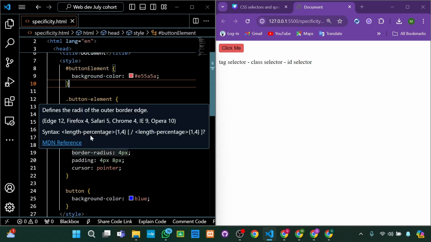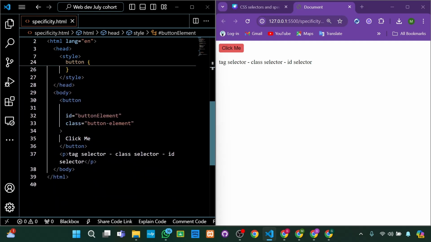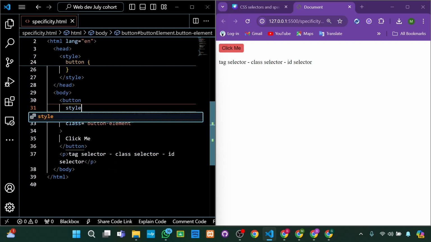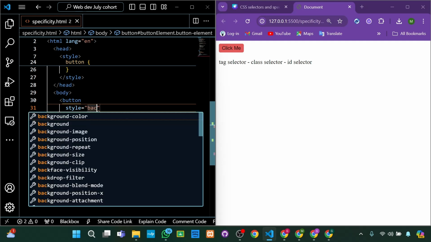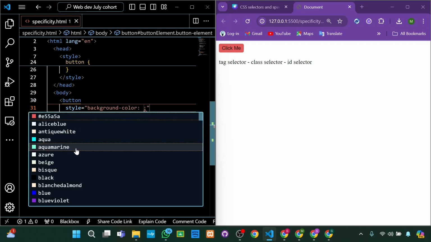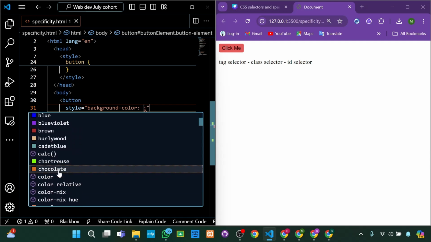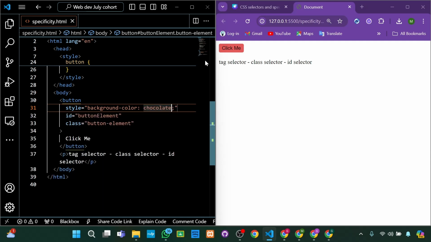So what is the highest priority style of all? We now have to explore inline style. I've used it here before, but let's type that again. So let's try inline style. This takes the highest priority. Let's give the background color. What color should I pick? Let me see. Chocolate. So you notice how the inline style has higher